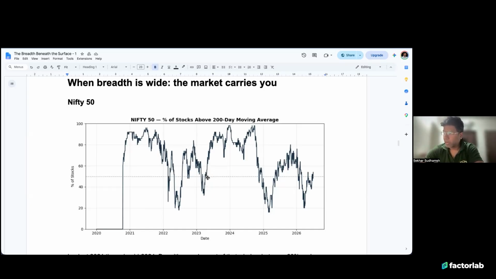So this is a 50% line. Whenever 50% or more of the stocks are above the 200 moving average, it is a good market where you can see a larger set of stocks moving up. In the last 2 years, we are seeing that market breadth deteriorating. It is now coming close to the 50% level. So right now it is like a coin toss. Half the stocks are doing good, half the stocks are not doing good in the Nifty 50 space. And it also means that the market is still indecisive whether to go up or to go down. That is Nifty 50.